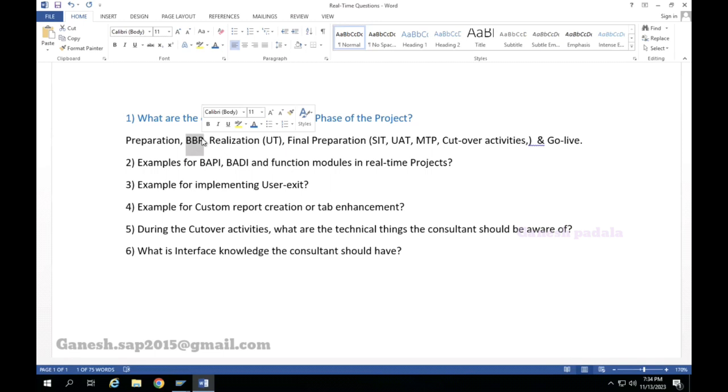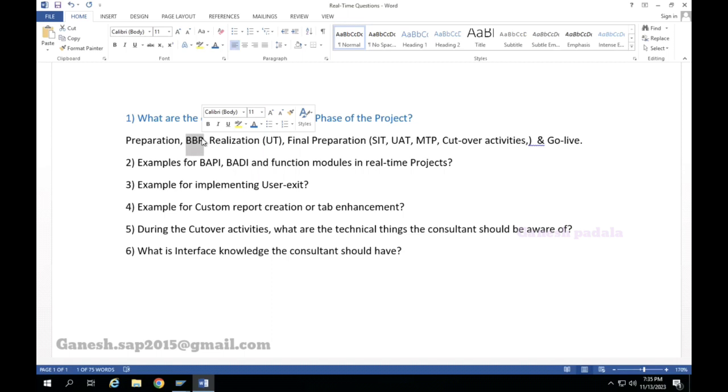Process by process we go and discuss: how do they purchase, how do they maintain their masters, how do they maintain the inventory? All these things happen in the blueprint phase. Here, the challenges we get: in a few projects the business is well prepared and keeps all their as-is processes and challenges ready, and they engage consultants from day one. In a few cases, they try to understand what exactly these people will do and what their requirement is, and they slowly understand.